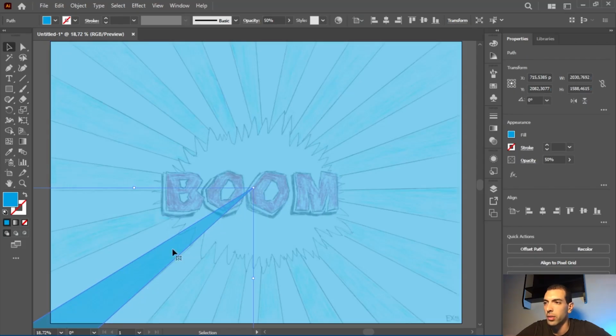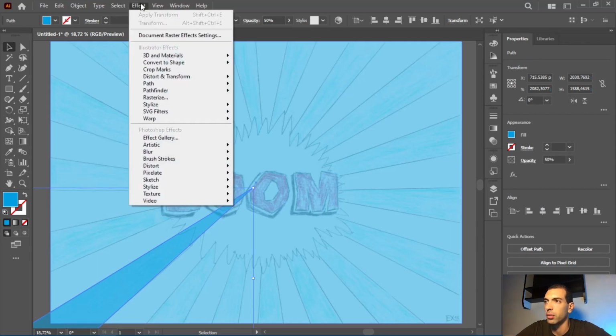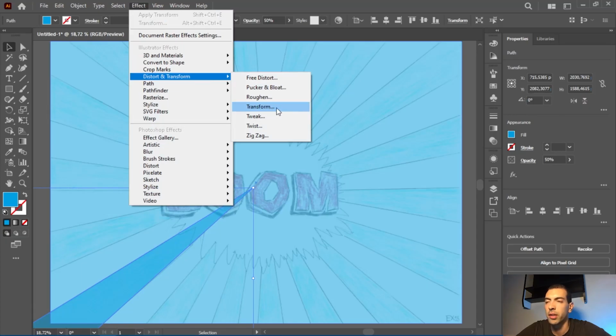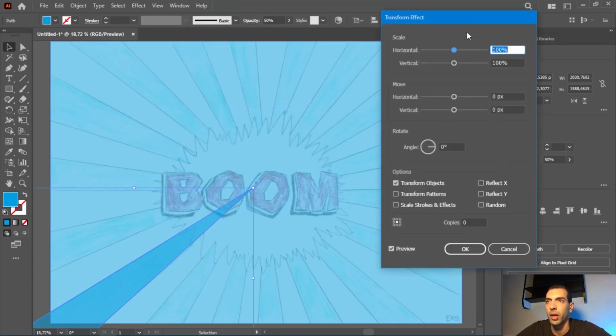I select this part and I'm going to apply an effect to this part. So I'll make sure it's selected. I go to effect, distort and transform, and click on transform. I get this window. First thing, I'm gonna set the center of the transformation right here. Click on the top right corner, rotate angle. I'm gonna set this to 20